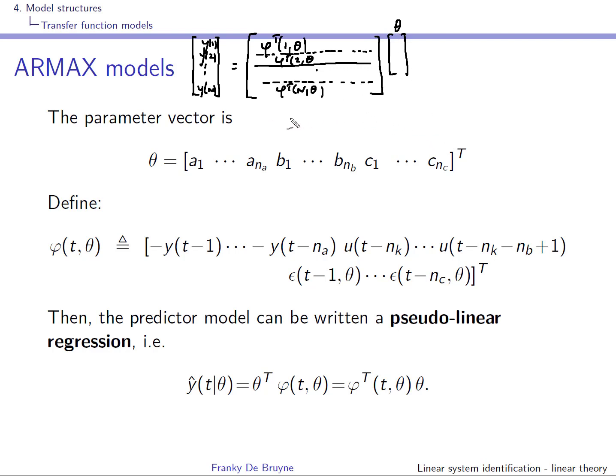So we can write this as y is equal to phi, but phi is now a function of theta times theta. So what we want to do is find a theta that makes,